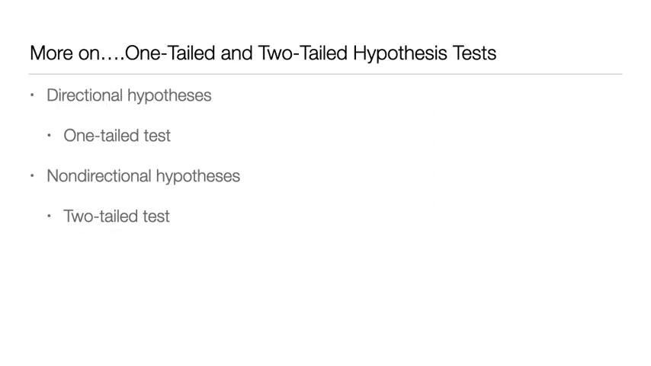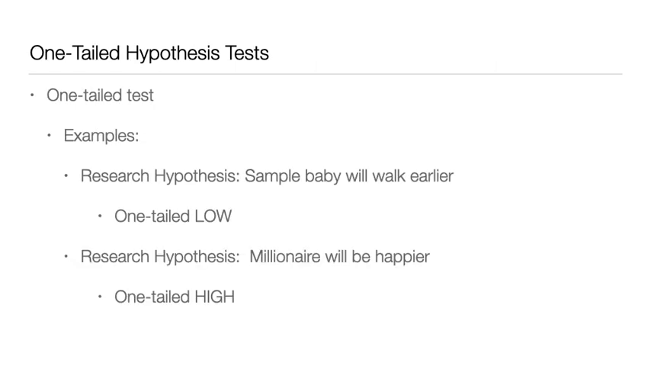Just as a reminder, for hypothesis testing, those one versus two-tailed tests: if we have a hypothesis that has a direction in it, it's more than, it's less than, any of these kinds of things, it's a one-tailed test. And if we have a hypothesis that doesn't have a direction, there just is a difference, then it's going to be a two-tailed test. So examples could be, again, the research hypothesis says a sample baby will walk earlier. Earlier is telling us that there's a direction. It's less than, right? So that would be a one-tailed test looking at the bottom of that distribution. It'd be a low. That's where our critical region is going to be, because we're thinking it's going to be less than